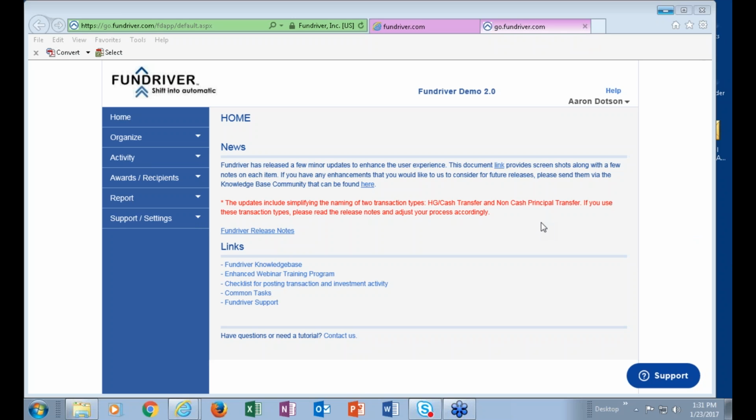This is a module that clients would typically use if they are doing manager account reconciliations on spreadsheets or some other system. It just allows them to put that process into Fundriver, do the net cash flow reconciliations for those manager accounts, be able to run manager roll forward reporting and have that information roll up to the investment